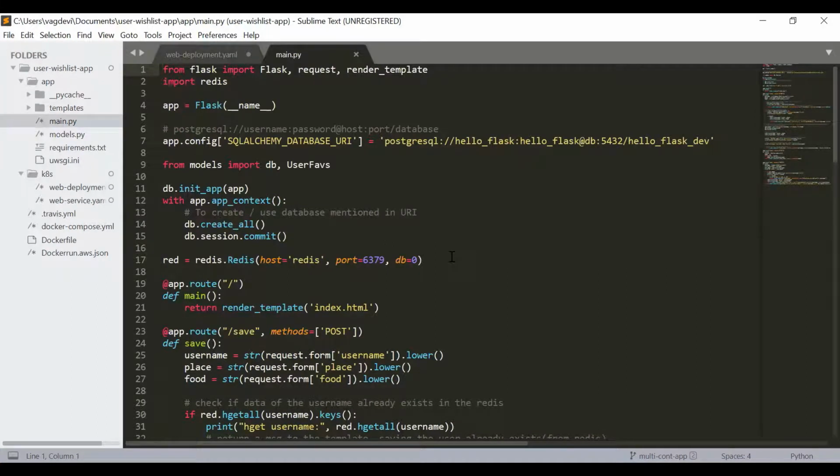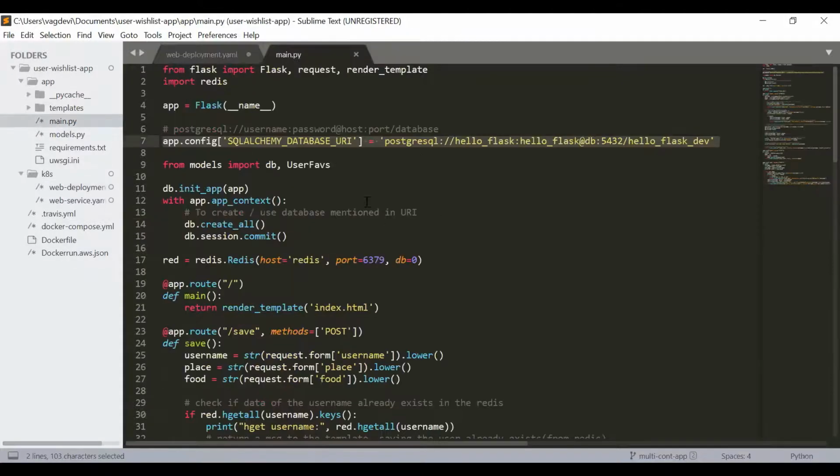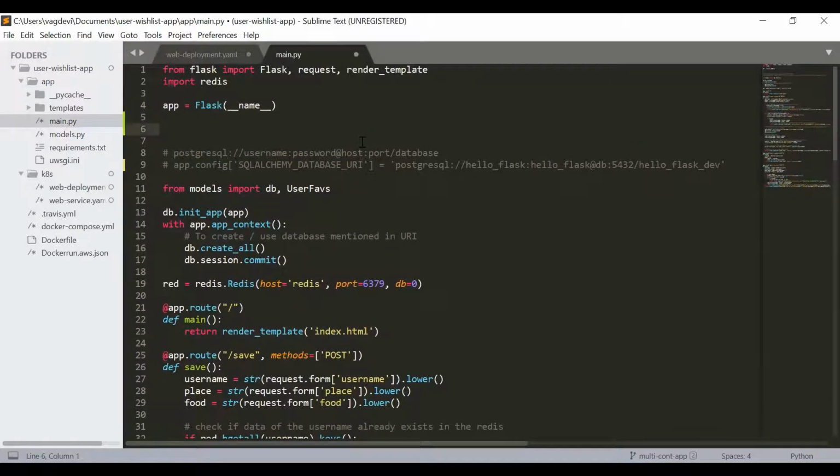So the reason we wanted to create a new image is that we want to remove this file and access these environment variables which we have defined right now in this main.py, right? So we will comment this line first of all and get all the environment variables and configure this app.config using those environment variables.